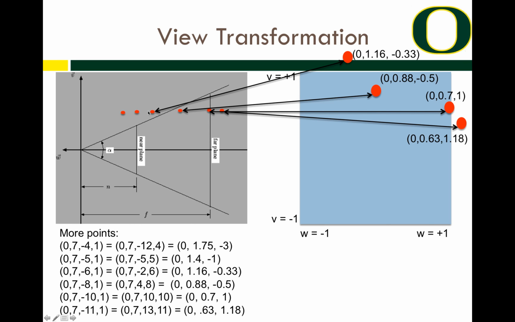And then this one that's outside the line y equals z ends up outside because its y is too big, and this makes sense, right? That right here is the edge of the peripheral vision of the viewer, and this is outside the edge, so it's outside the image space cube. And this one that's on the near plane continues to be on the near plane, but still outside of the